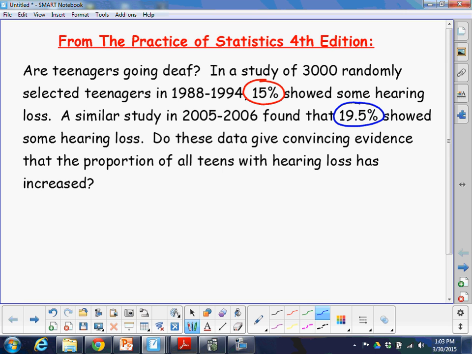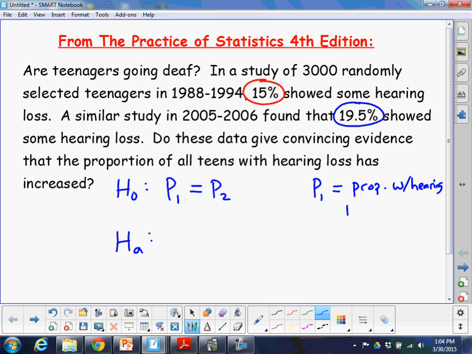Whenever you're testing claims about two proportions, say your null hypothesis and your alternative, you always are going to assume, just like with one sample test, in the null hypothesis, there's always some sort of equality. So the same thing actually happens here. We're going to assume that P1 equals P2. Okay, and let's go ahead and define these. I'm going to say P1 is going to equal the proportion with hearing loss